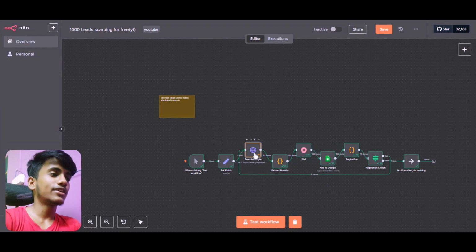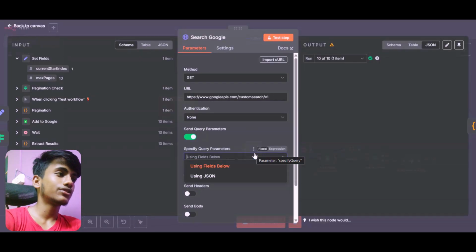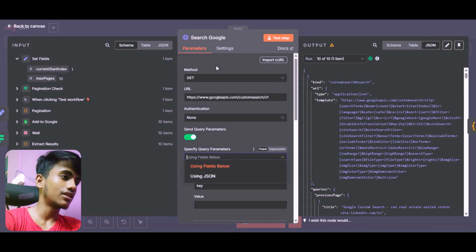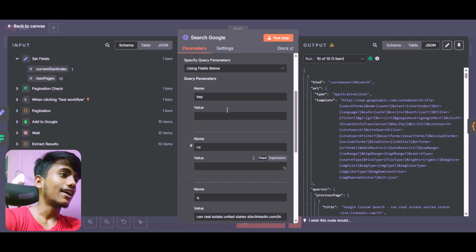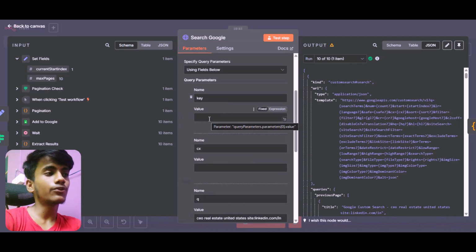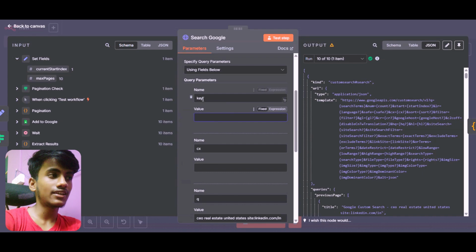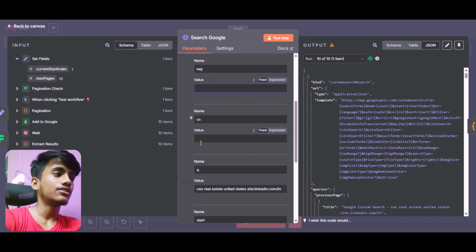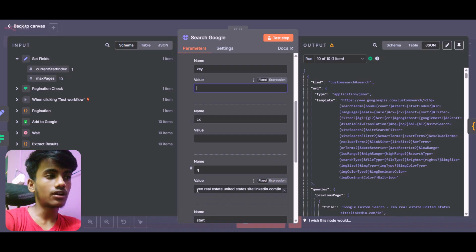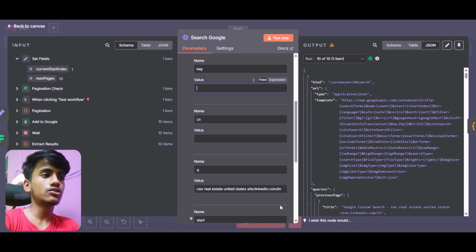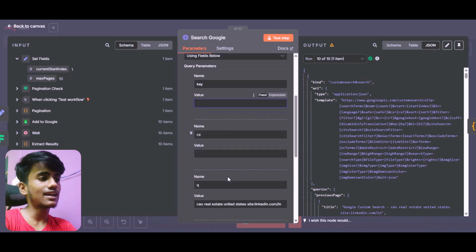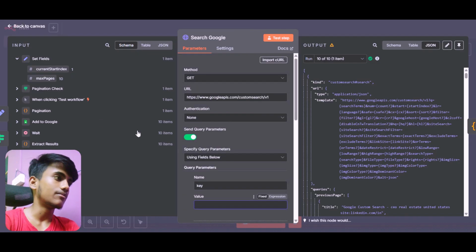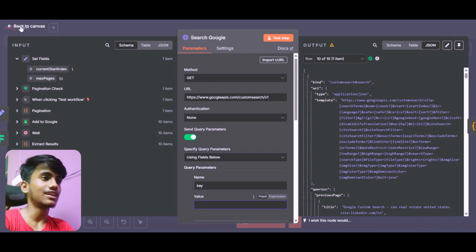The only thing you need to change here, if I go to this search Google HTTP request, right, you only need to put your API key here in the key section and your CX value in this section, and you can change the query value as per your needs, whatever leads you want to scrape, and other than that everything will be the same. You don't need to change anything else.